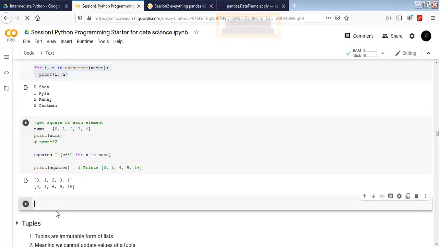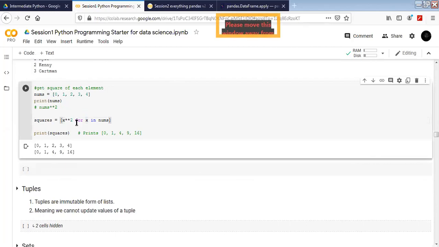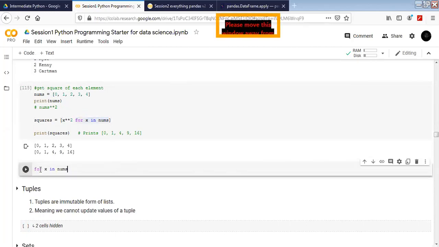To do that, there is something in Python for the for loop, which is a single-liner. How it works is, for example, we have x. This part is the same as most of the time that we use: for x in the list. That part is clear? Please say yes if it's clear. We'll expand on it. Yes, sir. Yeah, okay. So for x in numbers, this part is clear, right?